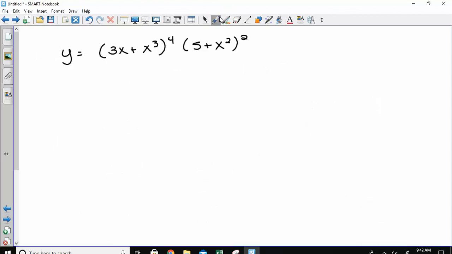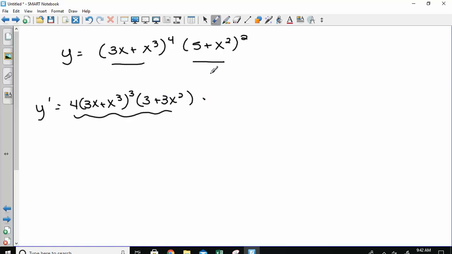Alright, so this, the big thing we would have to do is product rule. So derivative of the first. So for this first part, the 4 would come down. Inside stays the same. Subtract 1 from the power. But am I done with that derivative? Derivative of the inside, which would be 3 plus 3x squared. So that's all the derivative of the first times the second one